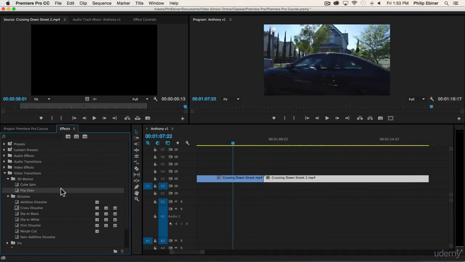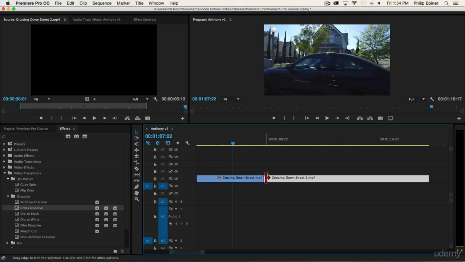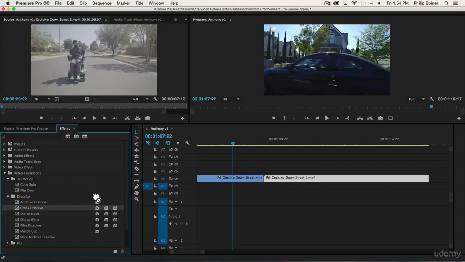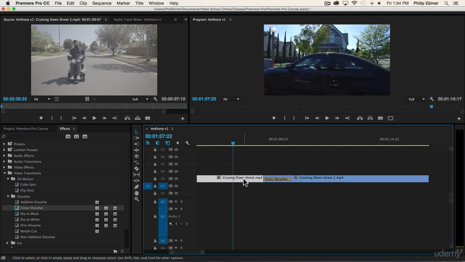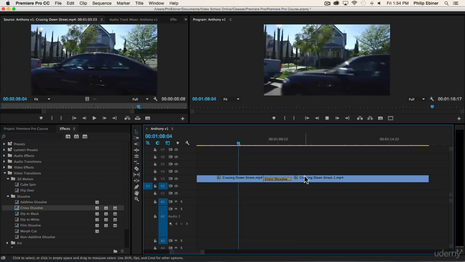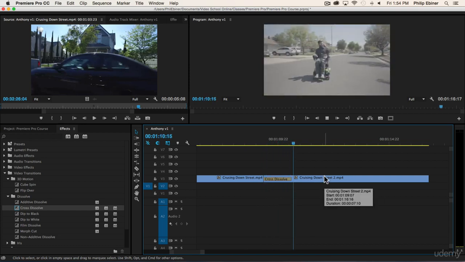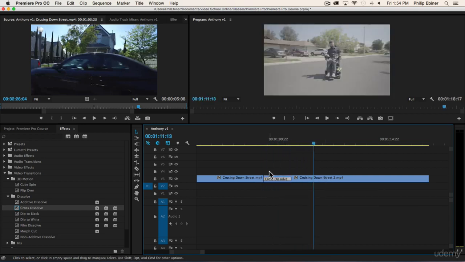Let's just take a normal dissolve, cross dissolve. This is your standard dissolve. If I take this and drag it over my clips, it doesn't allow me to put this transition in the middle of the clips because there is no middle, there is no footage to the left of this second clip. So when I add this, it automatically adds it just to this clip into the start of the next clip. I know that sounds really confusing, so it's just one thing you have to play around with,